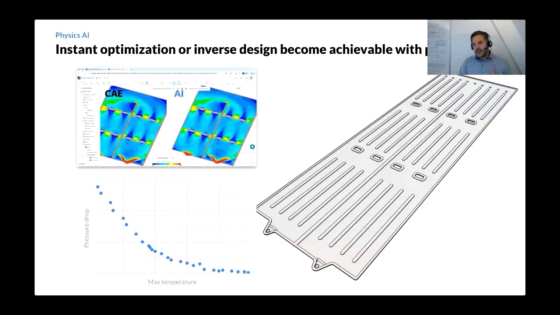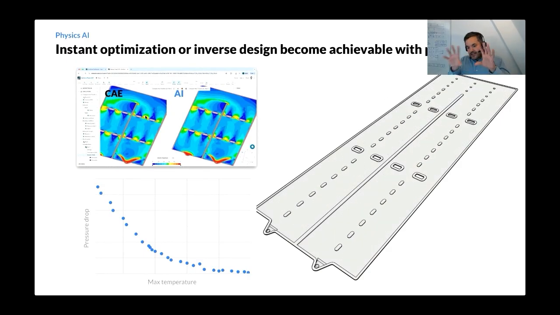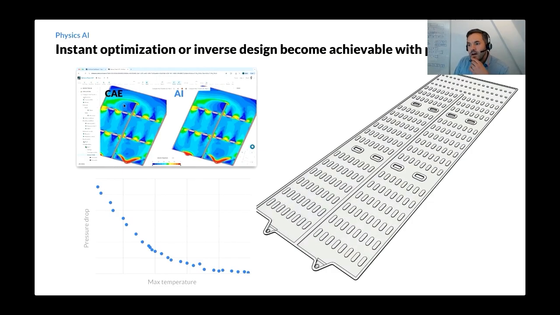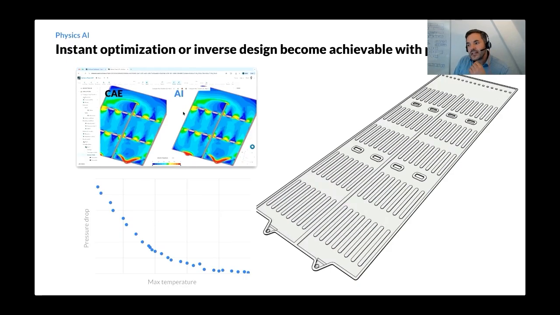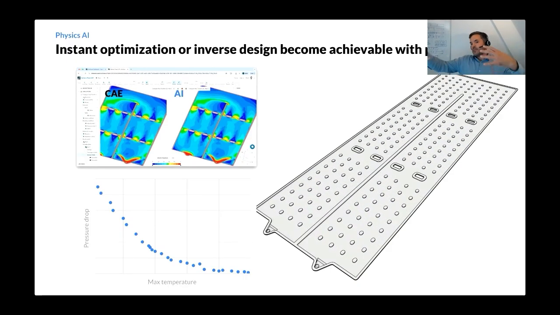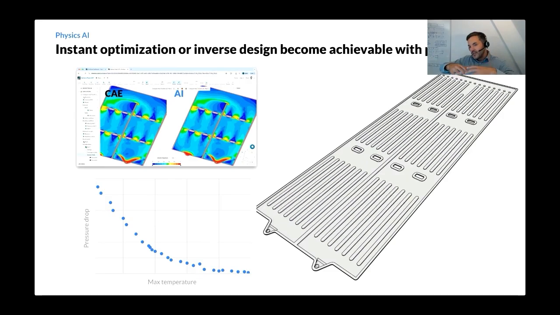And what time doesn't permit maybe at this point is that the way these physics AI models are being used is exactly directly next to the actual partial differential equation solver. So what we can see here at the top, on the left, is the normal finite volume simulation that has been deployed. But because the physics AI model is deployed in the exact same environment, you basically don't have to choose between one or the other, because they sit right next to each other.